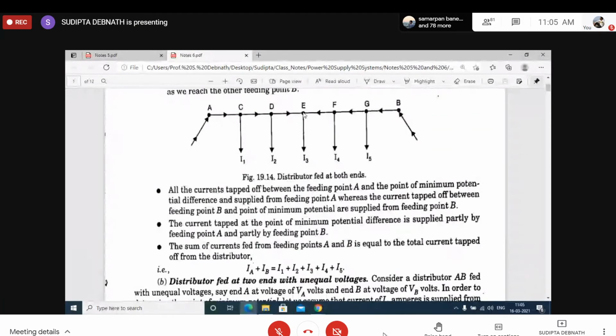Because it is the point of minimum potential, always the current will flow from the other side to that point, from both the ends. So I think you will be performing one experiment there. If you connect different ammeters, you will find that current reverses at this point. So without any calculations, just by observing the ammeter readings, not the magnitude, but by observing the direction of the current flow, you can easily identify the point of minimum potential.